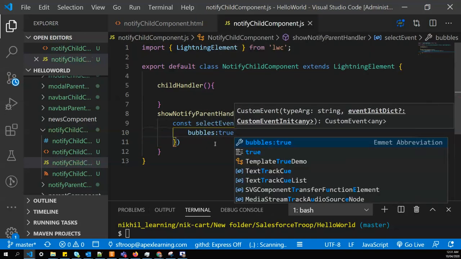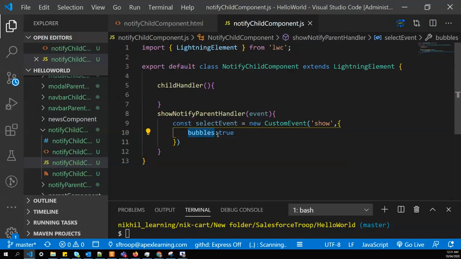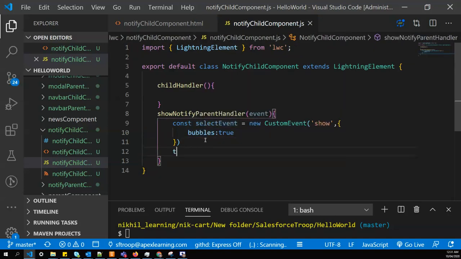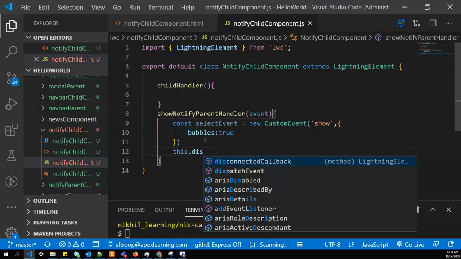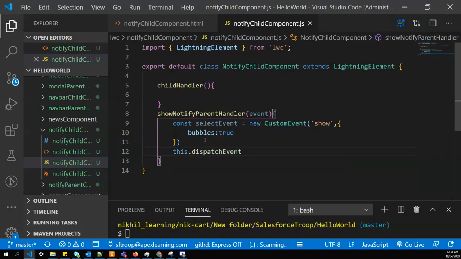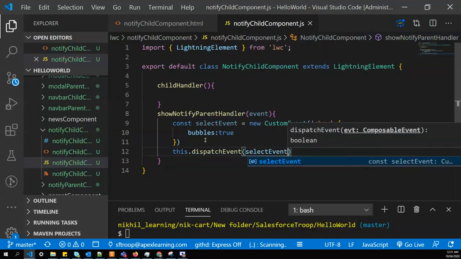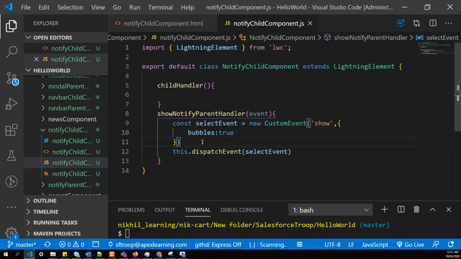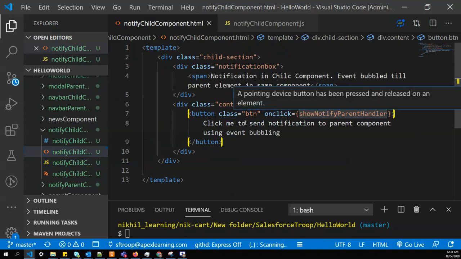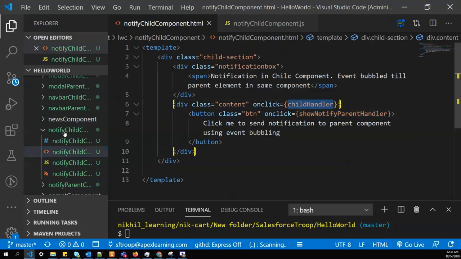So it tells this custom event you are eligible to bubble, and we'll dispatch this event, this dot dispatch event, select event. And once this event starts bubbling, it will trigger this child handler as well.